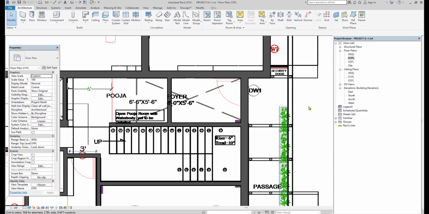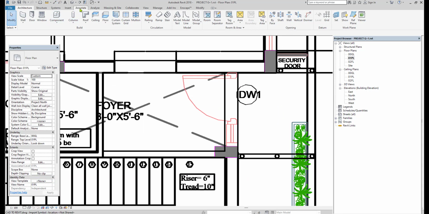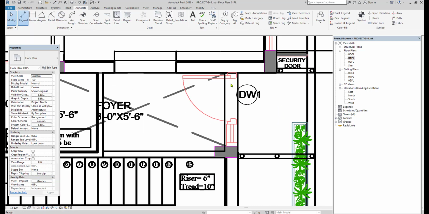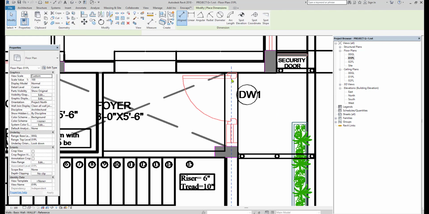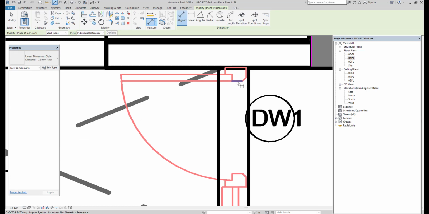Similar way, now I am going to place the door. Before that I am just going to the status bar and then changing the style into wireframe. Just like a window, for the door also I have to check the dimensions. For that I am using the annotate option. So here you have to check the dimensions of the door.